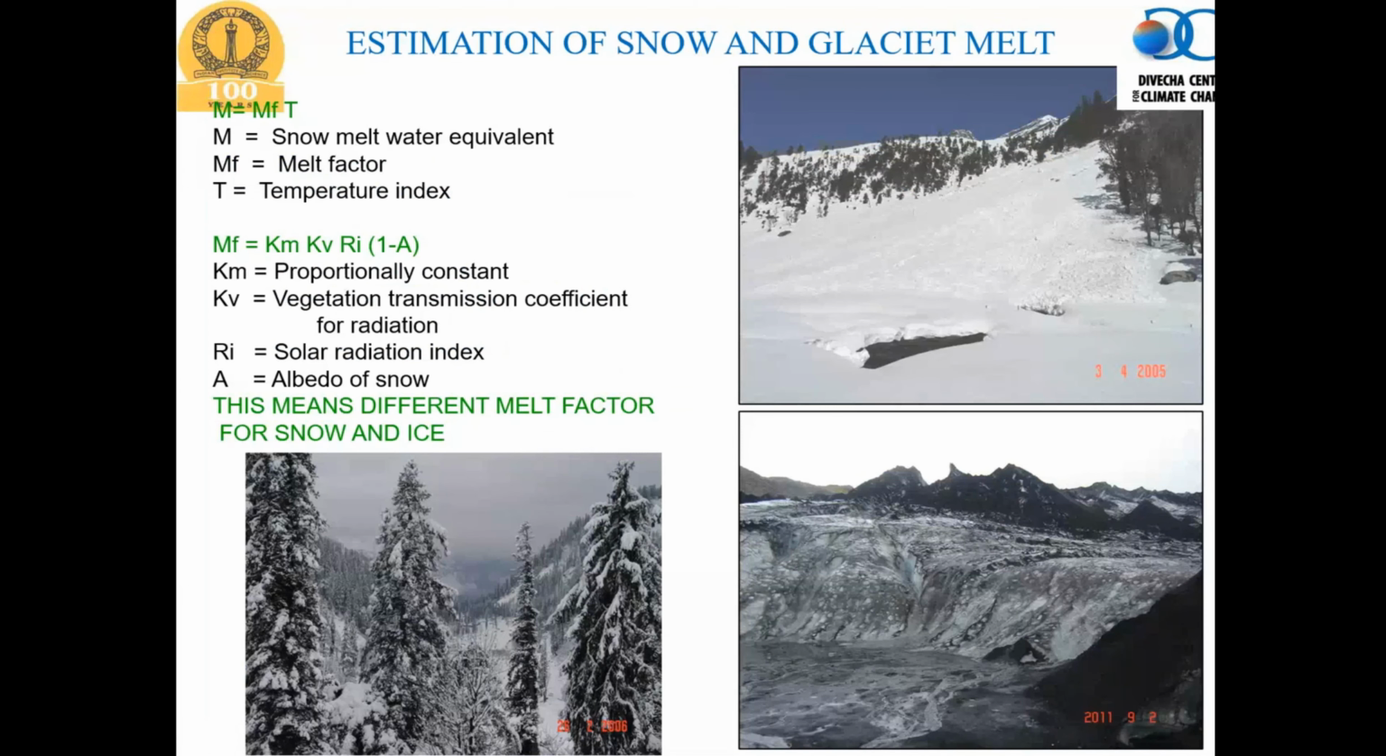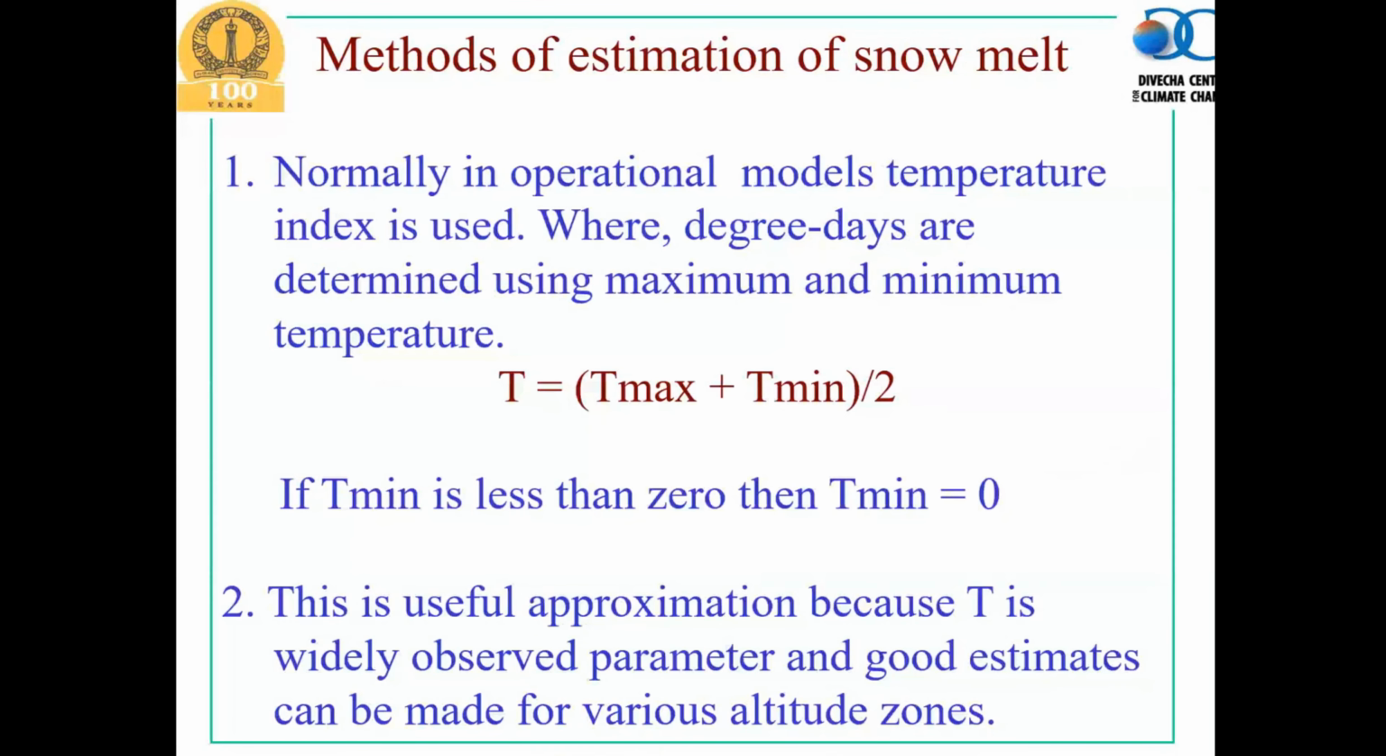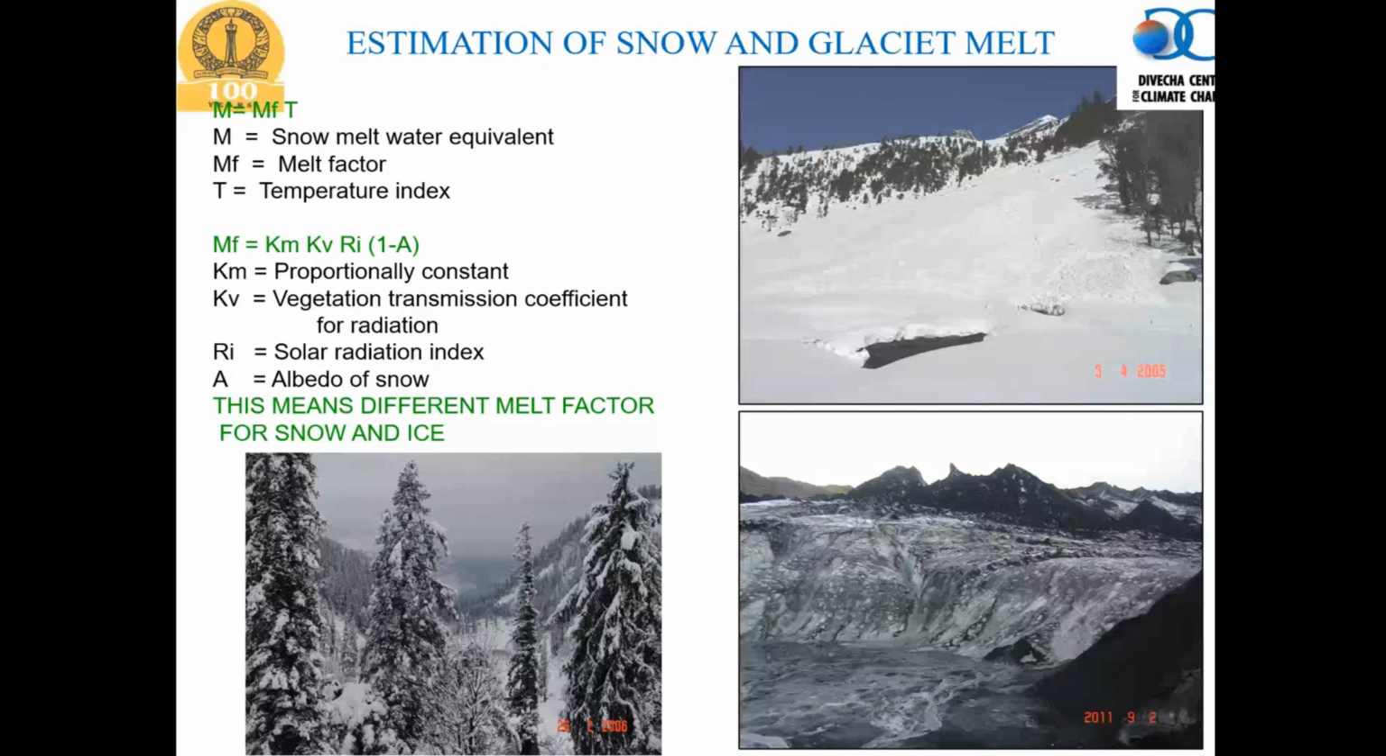So if you look into this parameter, when you want to compute the melt, M is equal to the melt factor times T, because M is proportional to T, and therefore you require a melt factor to get the amount of melt. There are different ways by which you can estimate the melt factor, and one of the ways is a major factor